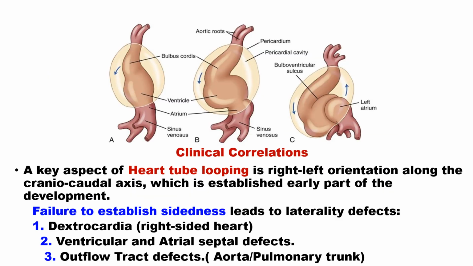Coming to the clinical correlation, the key aspect of the heart tube is right to left orientation along with the craniocaudal axis, which is established as early as the early part of development. Failure to establish the sideness leads to laterality defects. It may be dextrocardia, right-sided heart, ventricular and septal defects, or outflow tract defects, which lead to aorta and pulmonary